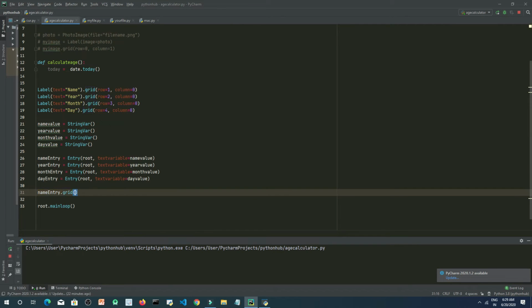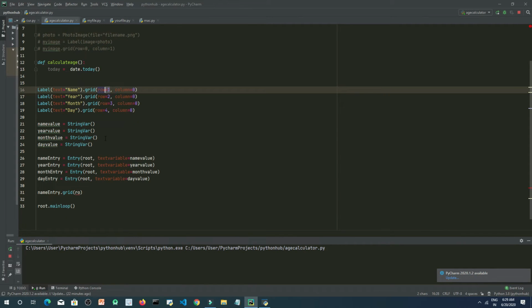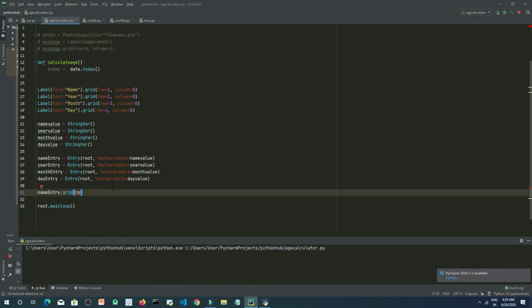Okay, this should be in the first row as the name is. Okay, because it should be in front of it, right? Row should be same as name. Okay, name row. Okay, so now column should be different, that is just in front of it, so column should be 1.